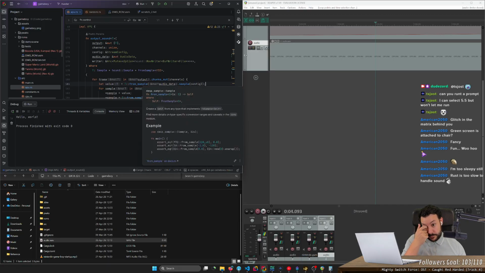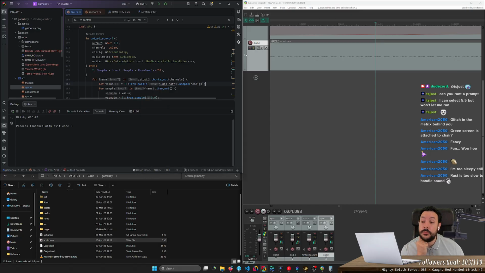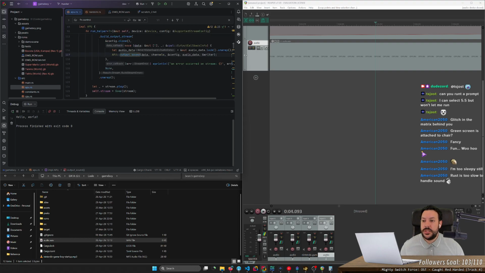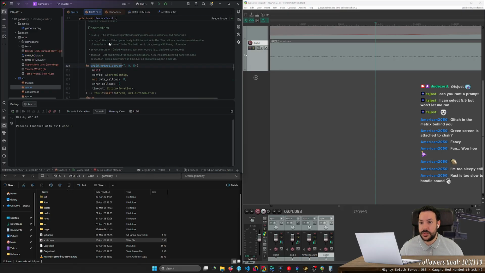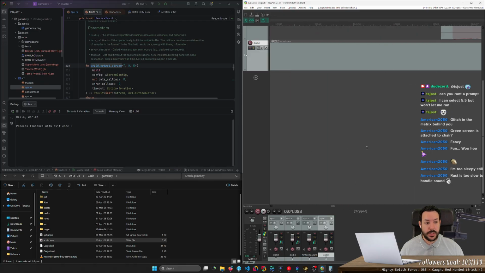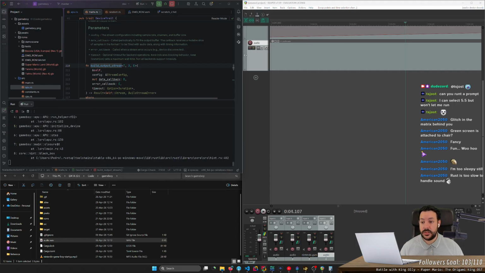Yeah, I wonder if I actually need to pass in the actual sample rate at which I call stuff here. Because this output sound, build output stream, is for some reason expecting 2000 samples. So my theory, which might be wrong by the way, is that that entire section of data.